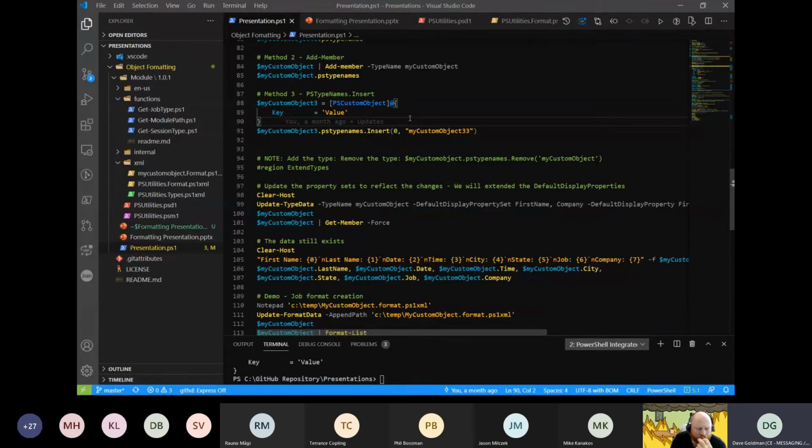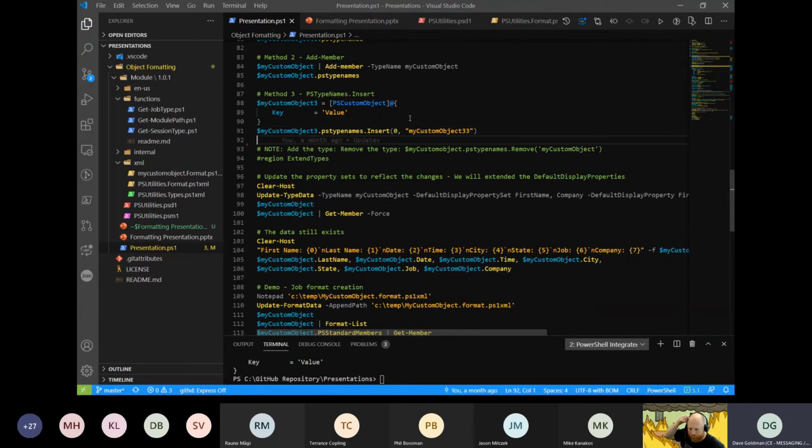I have tried to create multiple views and have run into issues because later on I've come back to the code and I'm like, why is it doing that? And forgot that I have updated the code and maybe took out a type name and it was displaying something different that I didn't expect. So, best practice, I would say create one view for your custom object, and whatever you pick, whether it's a table, custom list, just run with that.